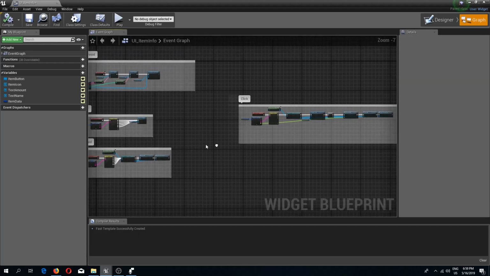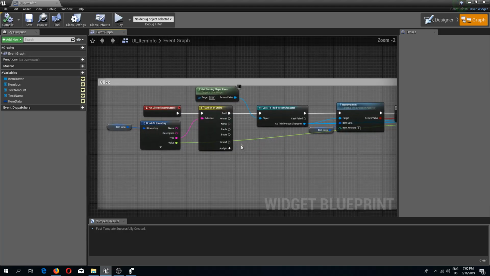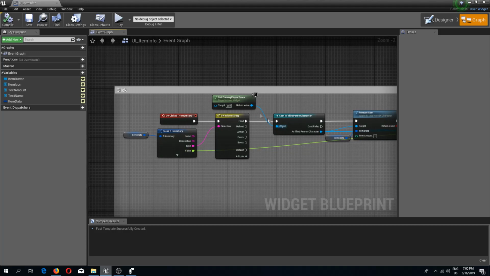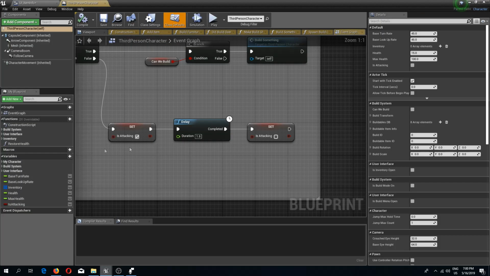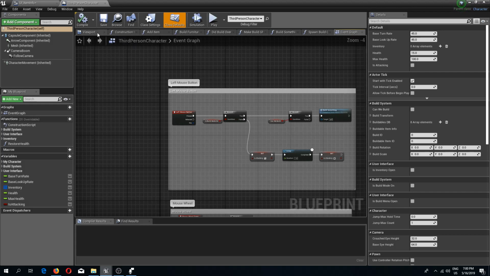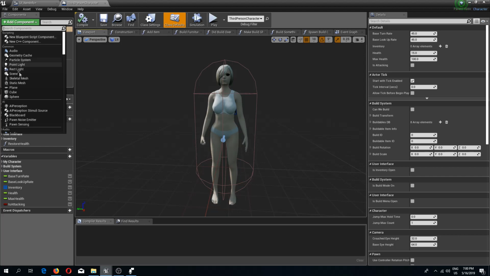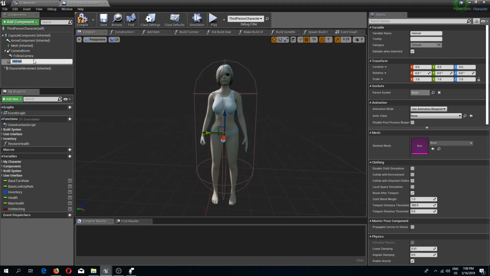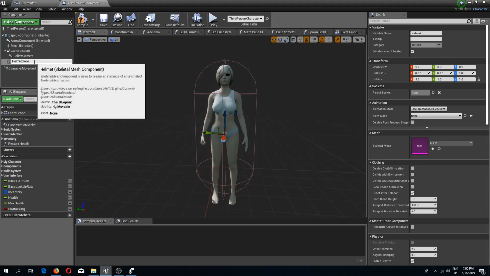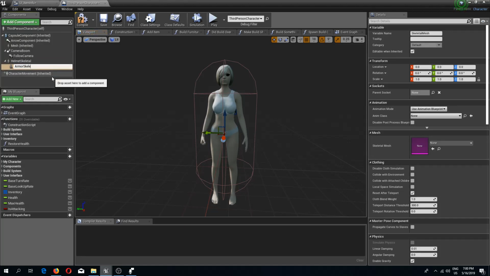Now when we have set up these little things, the last thing that we're going to do in this video is add the locations for the items that we are going to stack onto our character. So I'm going to open up this third person character. These are only for the visual side of things, and we need to add a couple of skeletal meshes. So I'm going to add one, and I'm going to call this helmet skeletal, and I'm gonna add more: armor skeletal,